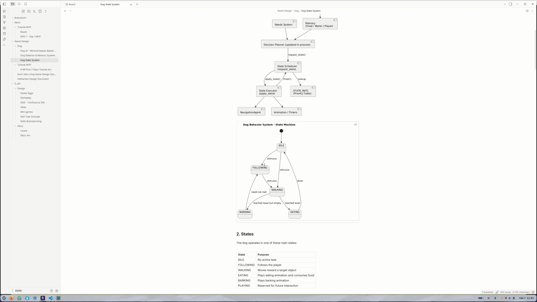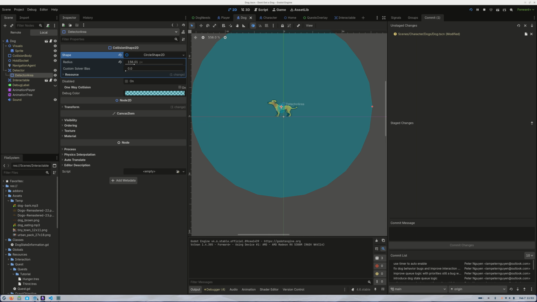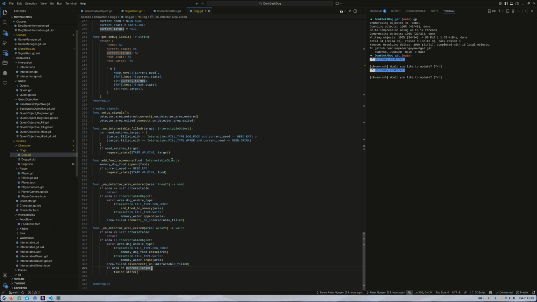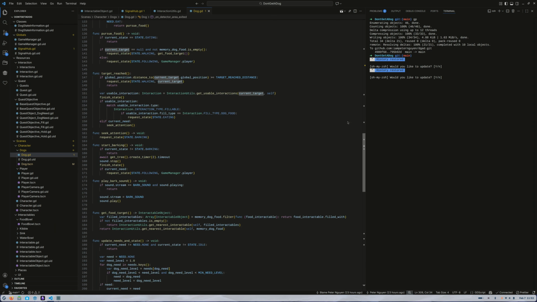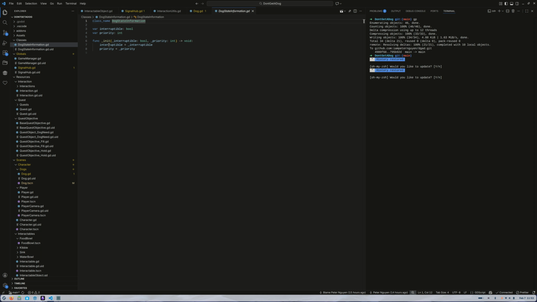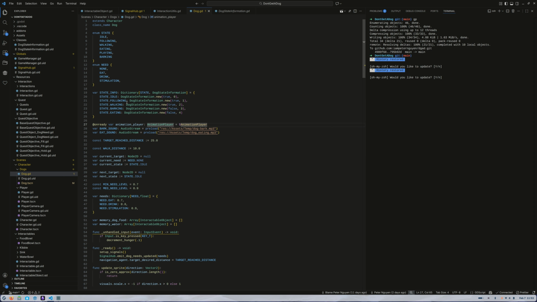So say the dog is following me, then there's a little priority going on. Actually, this is in order of priority. I can show you that here. Let's go into the dog. So I created this concept of a priority and whether an interaction is interruptible or not. I have this dog state information, which has two properties: whether you can interrupt this state, and what the priority of the state is. For being idle, the priority is 0, the lowest, and it can be interrupted. Following can also be interrupted, and walking can also be interrupted, but walking has higher priority than